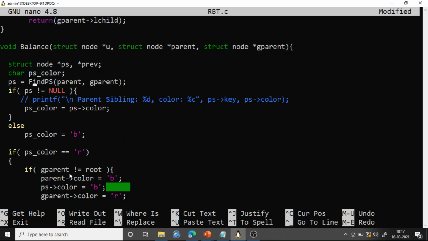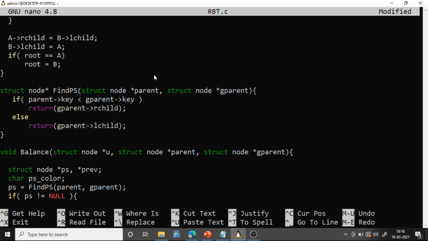Find PS means find parent sibling. For this we are passing two pointers. What are they? Parent and grandparent. These are passed to the function find PS to identify the parent sibling. So where is find PS? It's a small function. It takes two arguments, parent and grandparent.